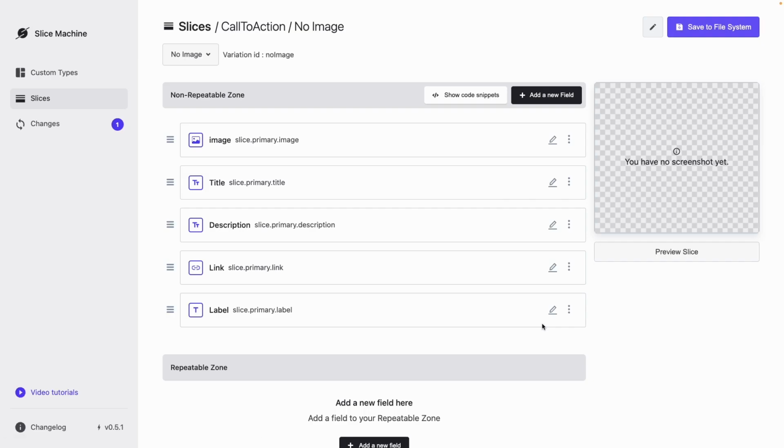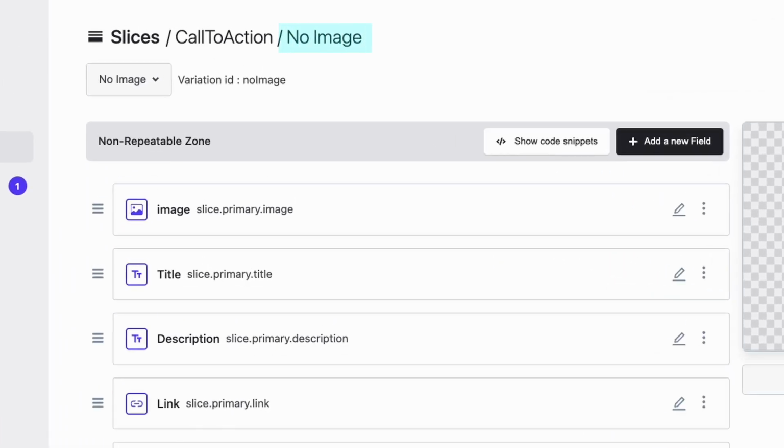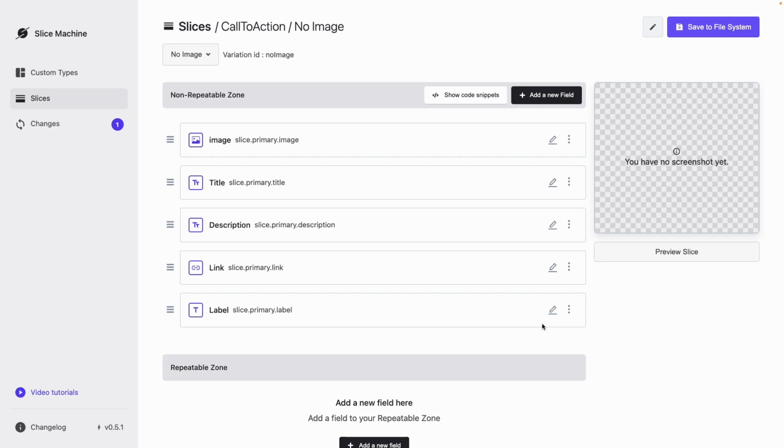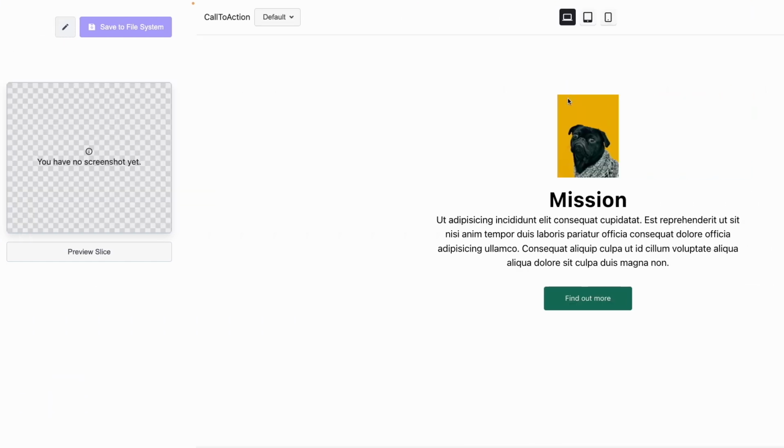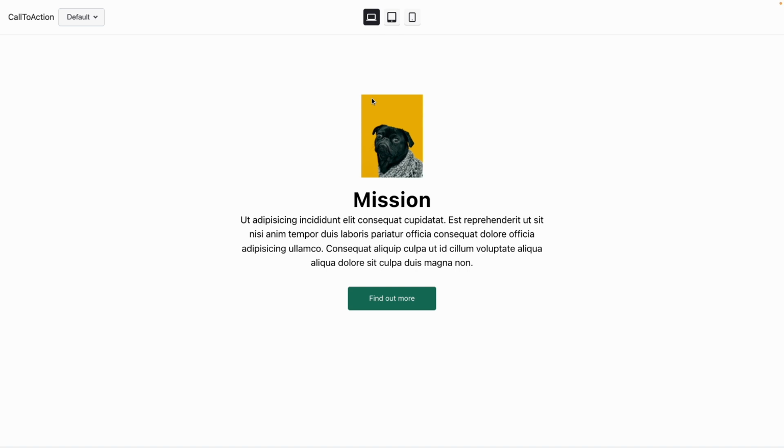Then, click Submit. This will open the regular editor window, but you will now have the variation name along the top, and, importantly, the variation ID. In the editor, you can make changes such as adding or removing new fields and configuring different settings. In this example, we're creating a call to action variation without an image, so we can just delete this field. When you're happy with your changes, click Save Model to File System. This will add the variation to your content model and generate mock data so you can develop your variation locally